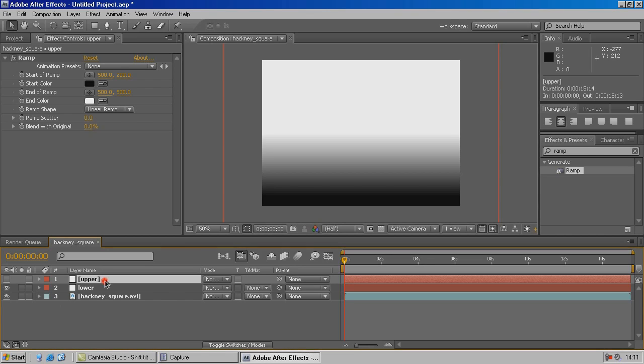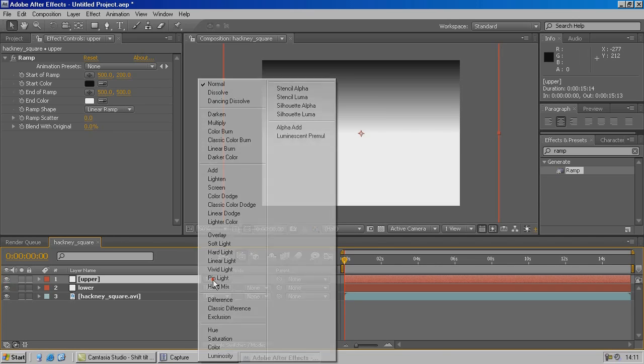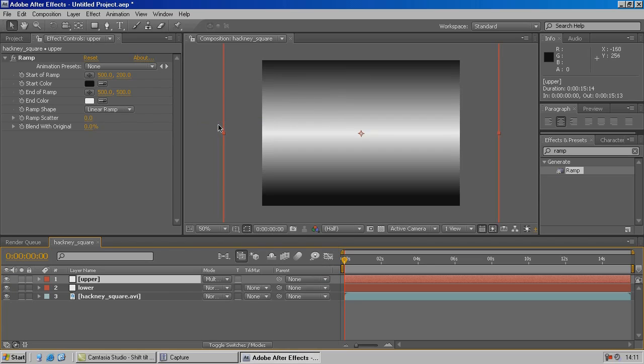So going into our transfer mode, toggle F4 if you're not already in transfer mode, we'll just apply a multiply transfer to the upper layer. Now this may seem a very long way of going around to get a simple mirror grad effect,